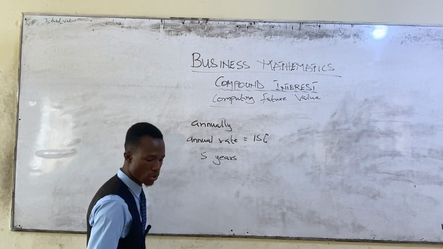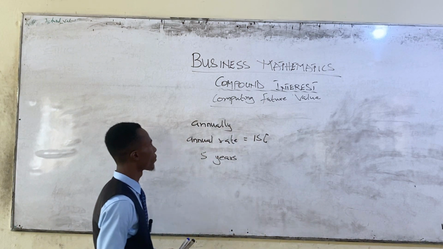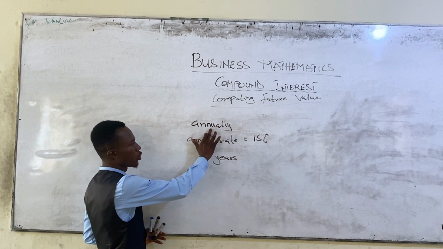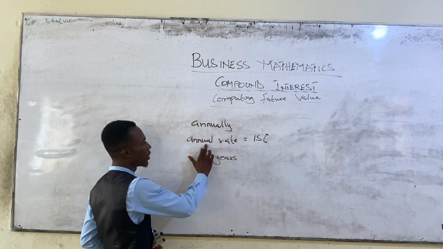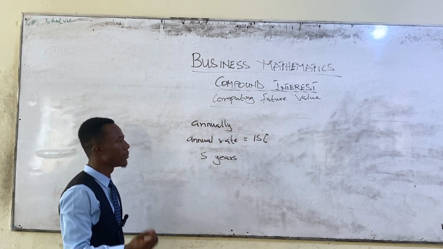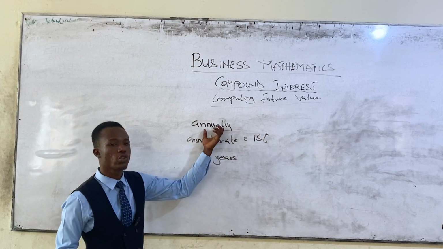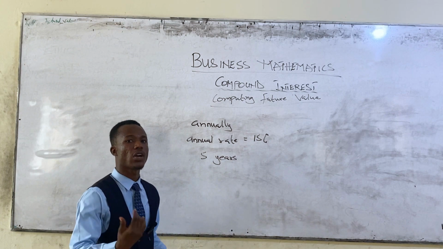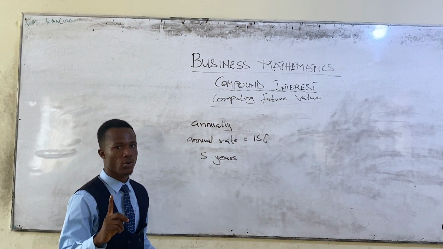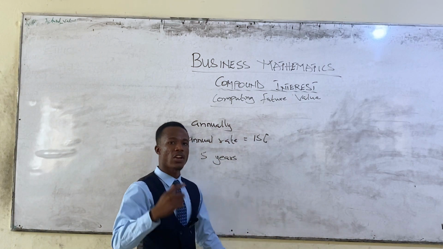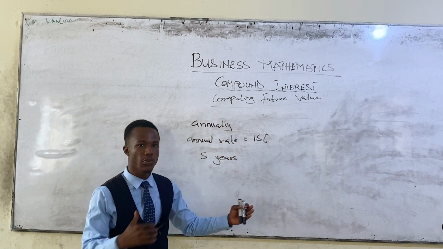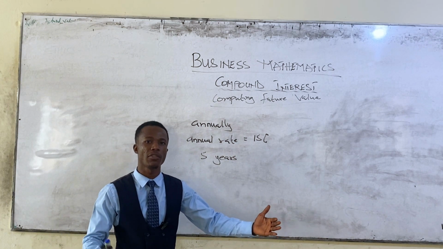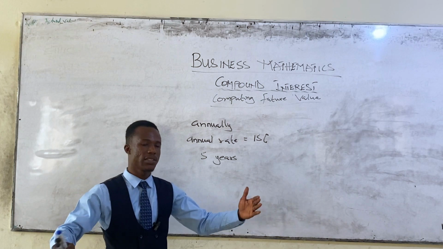Okay, so find the periodic rates. Now, when the question is given, just look out for this. The time the loan is compounded is annual, and the rate is also an annual rate. It means this is the interpretation. The loan is compounded annually. It means for the whole year, we are going to calculate the interest on the loan just once. Okay. And they have given us the annual rate, which means the rate for the whole year is 15%. So if you are going to calculate it once and you have been given the rate for the whole year, then it means it is